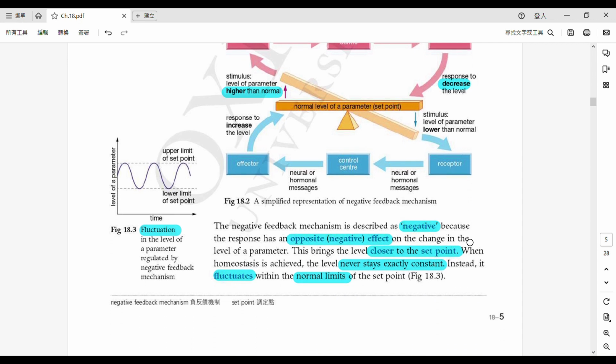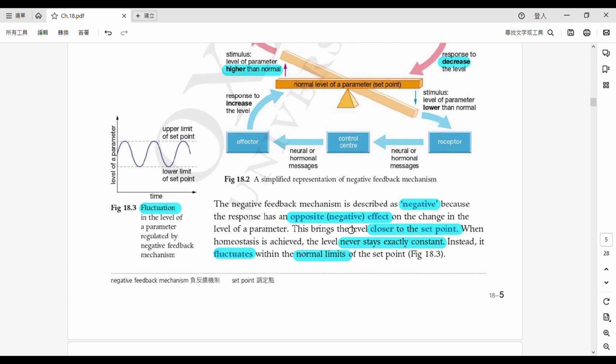So why do we say this is the negative feedback mechanism. 點解我哋叫 negative 呢？原因就係 because there is an opposite effect， 有一個相反嘅作用啊。There is an opposite effect. It gets higher, I need to decrease it. It gets lower, I need to increase it. 得唔得？有個相反作用。We say this is the negative feedback mechanism. Okay, so in the end， 去最尾啦，佢就 bring the level closer to 一個 set point 啦，或者我哋講 return to 一個 normal level。自己輕輕寫低啊